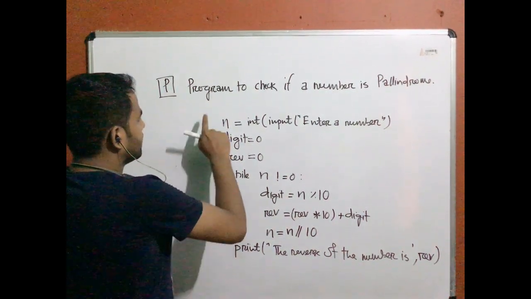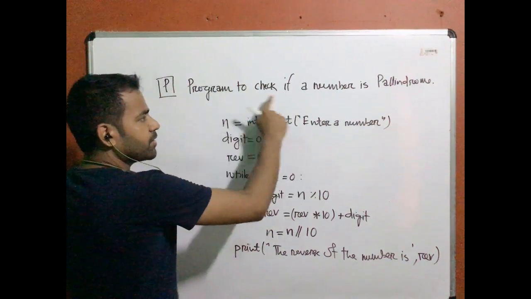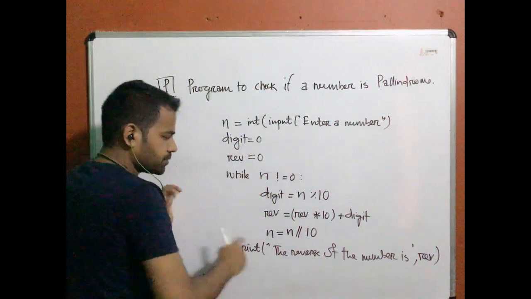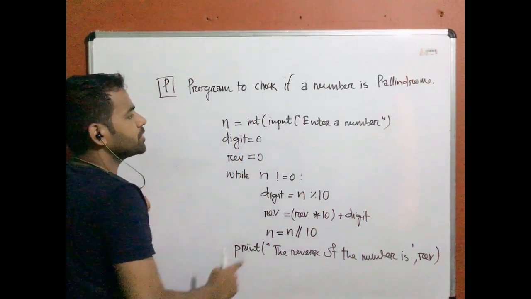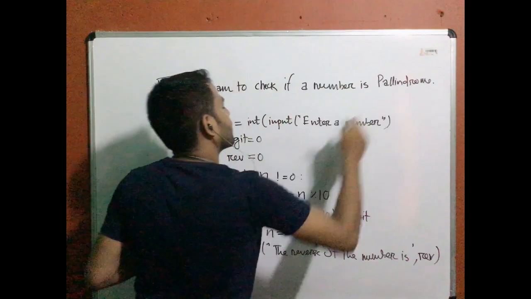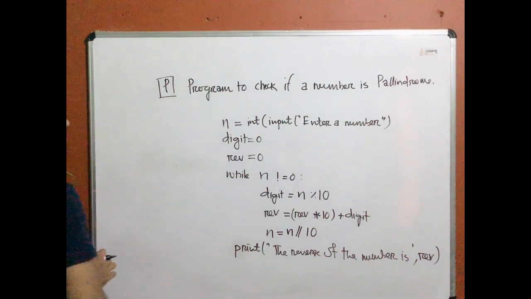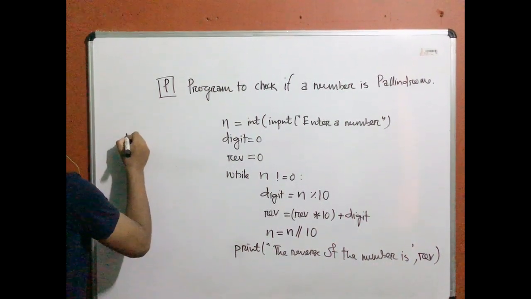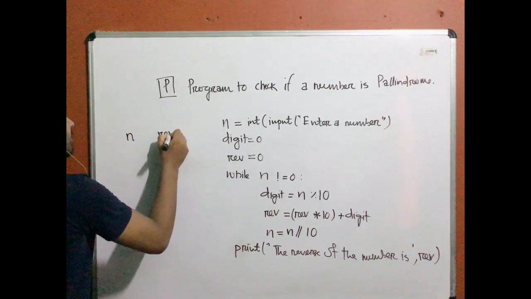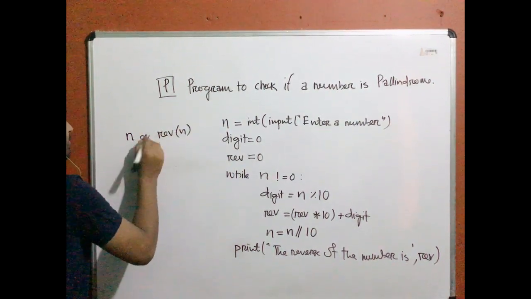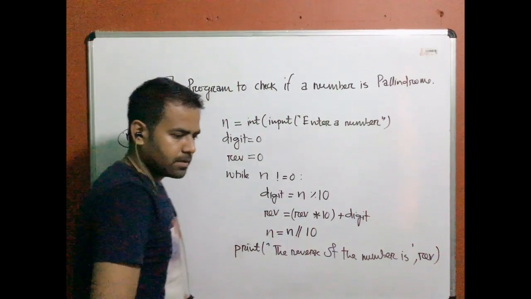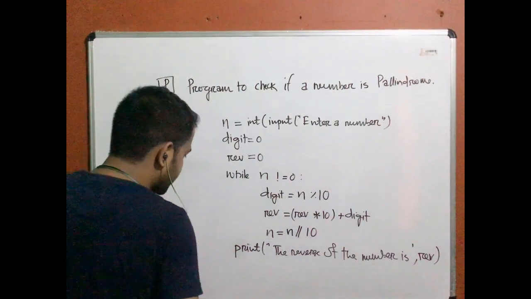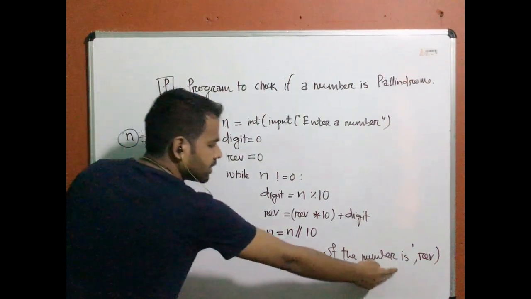Fine. But is it all about our program that we needed to write? This program is basically showing you the reverse of the number. But our main motive is to check if a number is palindrome or not. And at the initial time also, I told you that if we have a number and the reverse of that number, and both are equal, then only n is a palindrome. So this is very simple. I'll remove this line. So this program is finding the reverse of a number.